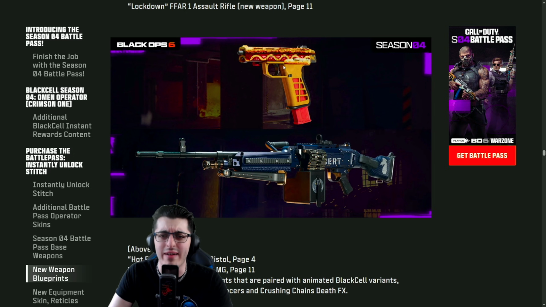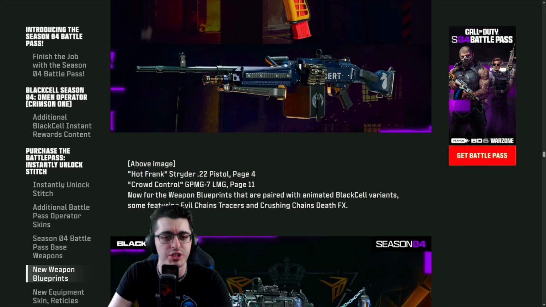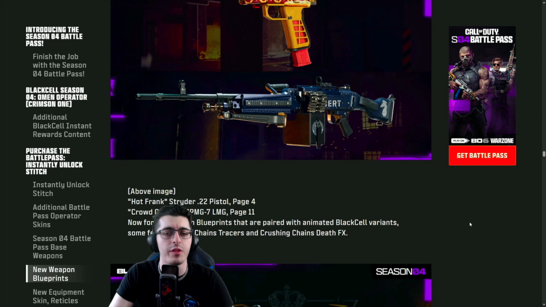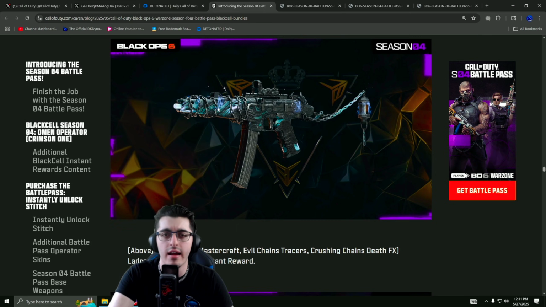But we have a Hot Dog blueprint for one of the pistols. Pretty nice looking blue skin for the LMG. We have a Strider and a GPMG getting some skins there. But to be more specific with what you're going to be seeing with Blackcell, again, another look there at our